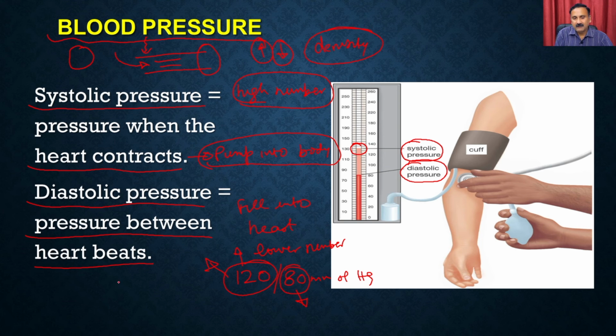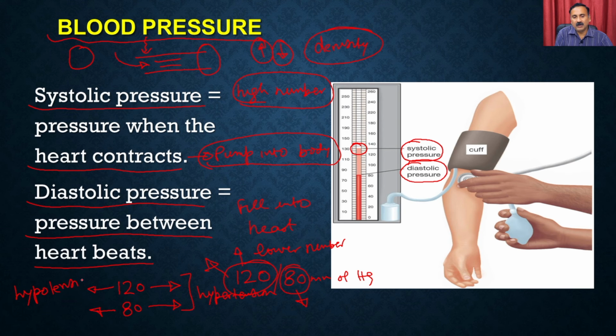If the 120 goes up, or the 80 goes up, then this condition is called hypertension. Similarly, if the 120 goes to the lower side and the 80 also goes to the lower side, then it is called